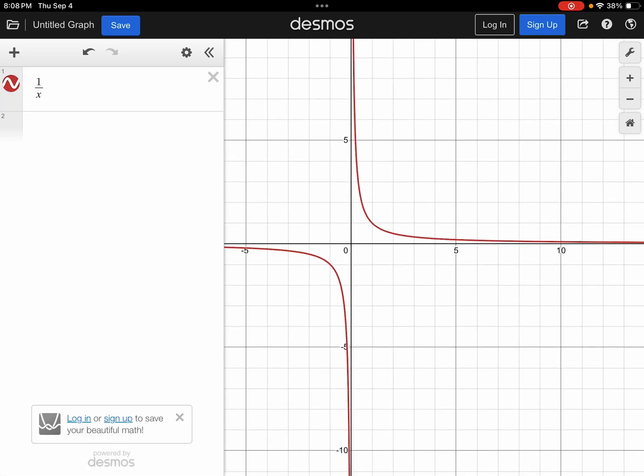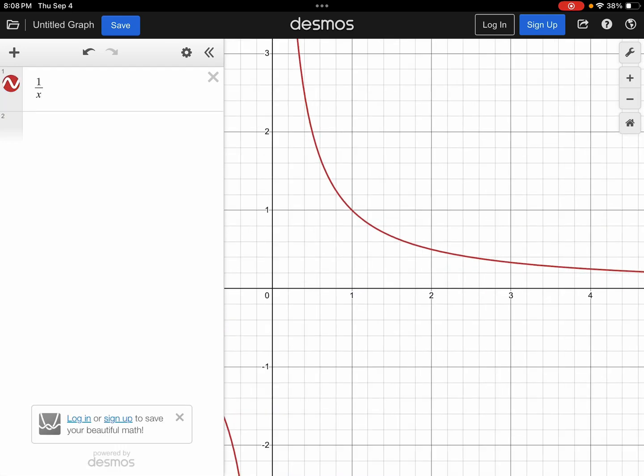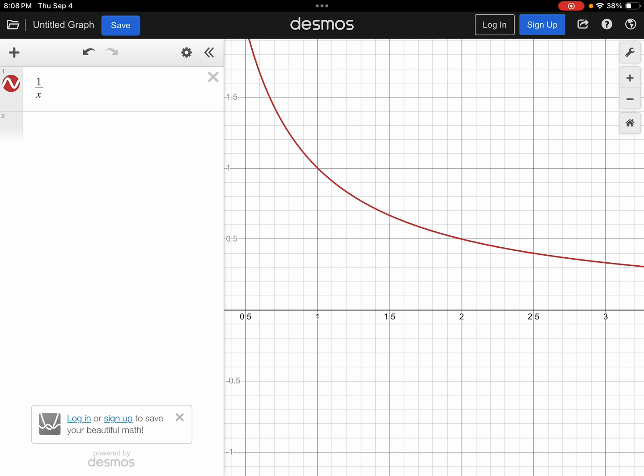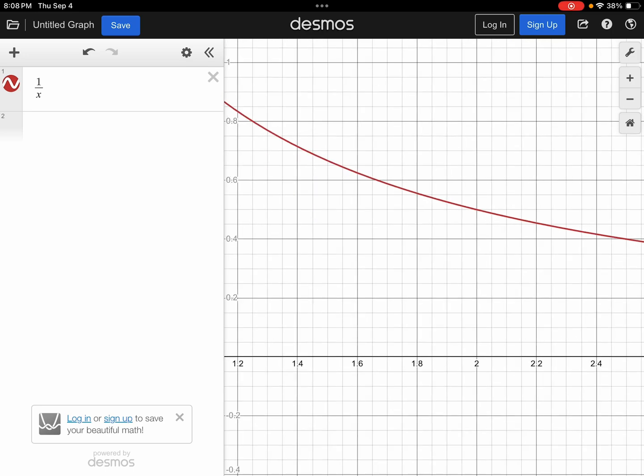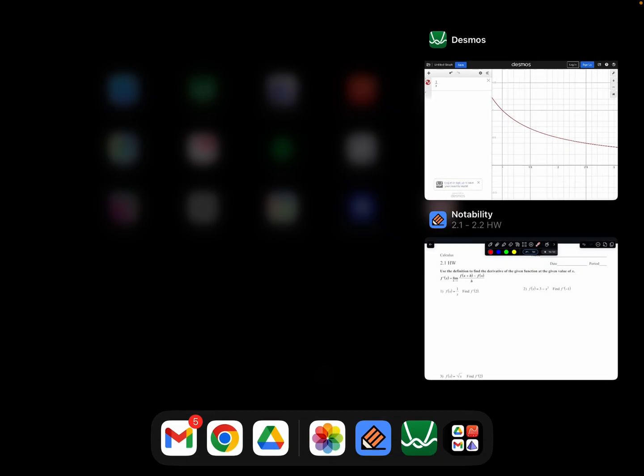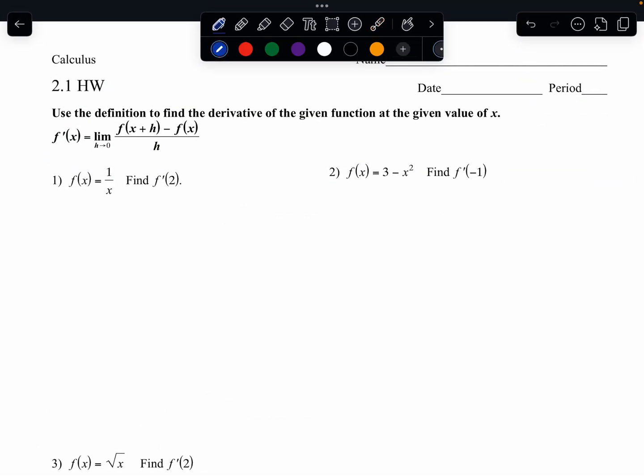So here's 1 over x. We're trying to find the slope at this point, the exact slope at x equals 2. So that's what we're looking for. Can we find the slope? Good thing we have calculus so that we can. So we're just going to follow this definition. We're first going to find what the derivative is. The derivative just means the slope, and the derivative is going to be, so we're going to say f prime